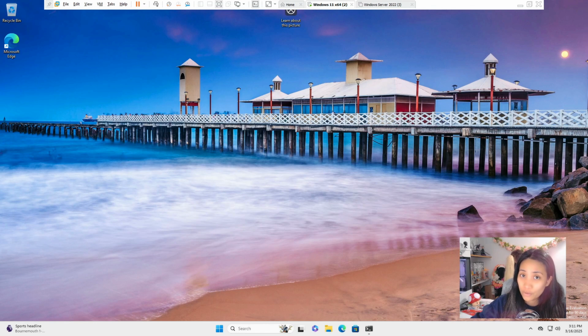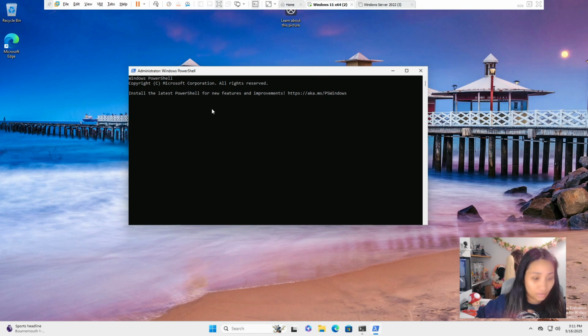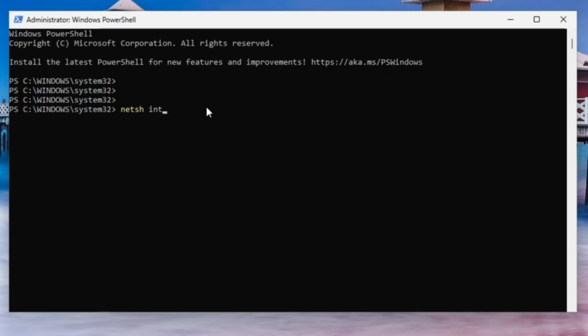And if you also want to do this via the PowerShell commands, you can also try that. So let's open PowerShell again. Type in PowerShell, right click, make sure you run it as admin, and then let's type netsh. This stands for network shell. This is the command if you want to manage and configure networks in PowerShell. Then let's type in interface IP set